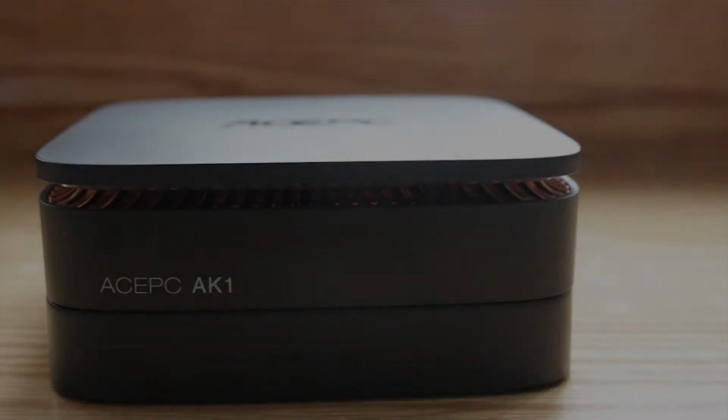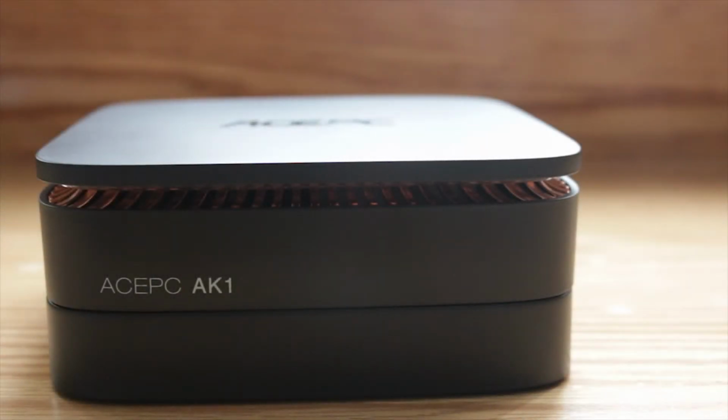So the Acepc AK1 mini PC, I think that with the setup that I got going, it runs a hell of a lot better than the Dreamcade Replay. And this is just one setup that you could do. There's a variety of different things that you could do with a mini PC such as this. But we'll take this as a lesson learned, and next time something like the Dreamcade Replay comes out, we'll give it a nice big